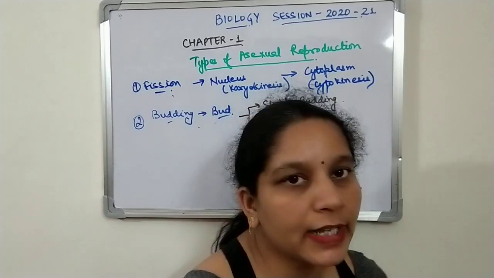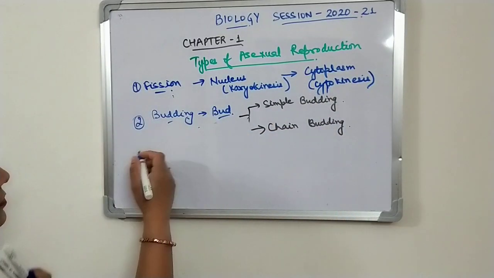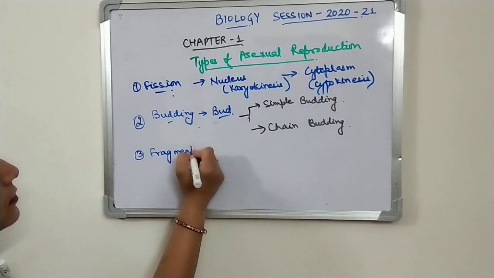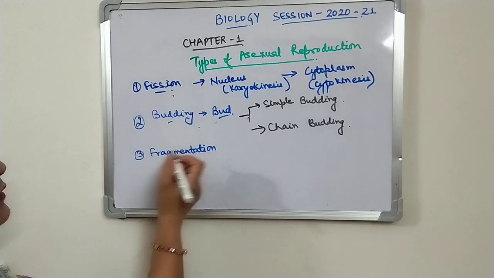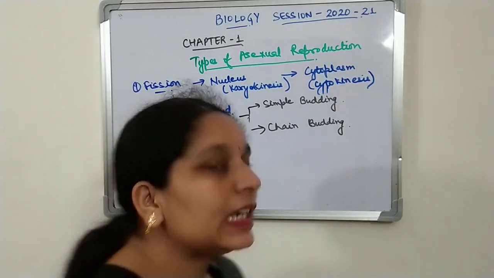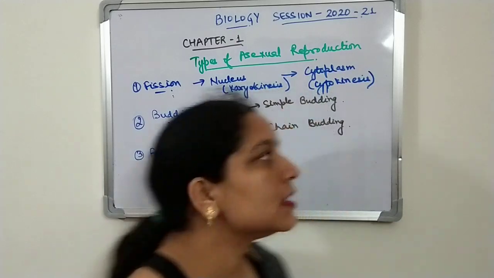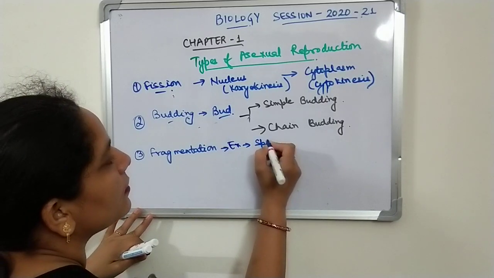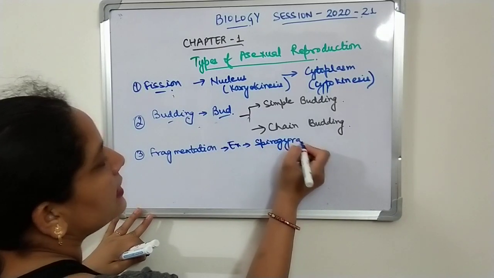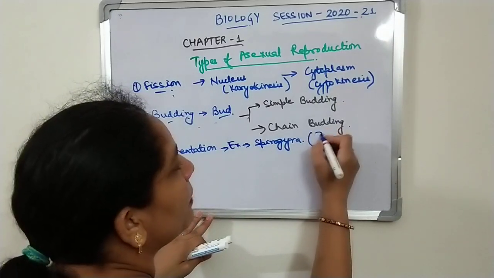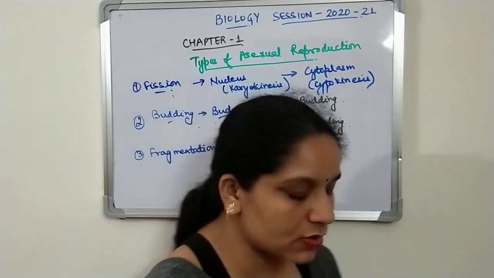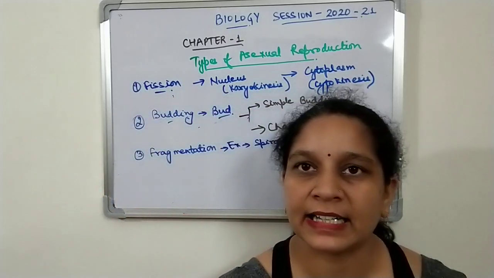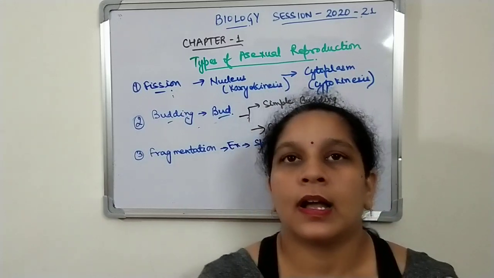Moving to the third type, the third type is known as fragmentation. Fragmentation is a process which mainly occurs in your algae. Example is your Spirogyra. Spirogyra is a green algae which is having a spiral shaped क्लोरोप्लास्ट। इसके केस में जो क्लोरोप्लास्ट होता है वो आपका स्पाइरल शेप्ड होता है। स्पाइरोगाइरा में क्या है, सपोज करो बाय एक्सीडेंटली या अनफेवरेबल कंडीशंस वो छोटे छोटे फ्रेगमेंट्स